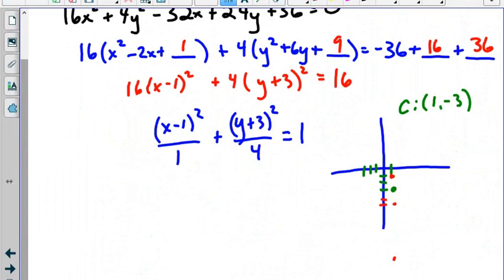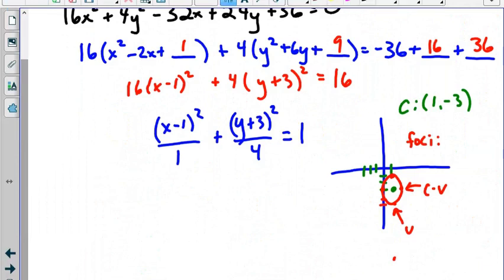And then our covertices are going to be plus and minus 1 in the x direction. So it should be pretty easy to figure out where the vertices and covertices are. Remember that the vertices are in the x direction in this problem and the covertices are in the y direction. Now the foci,